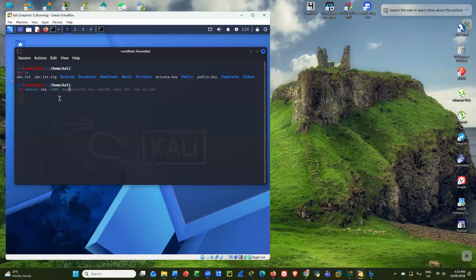What is the key you want to use? I'm going to use the private key. What do you want to use as the hash? I'm going to use SHA-256. The days is 365, the length of that certificate, and the output, just to name it whatever,